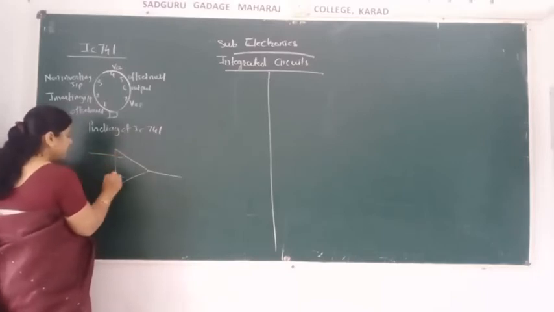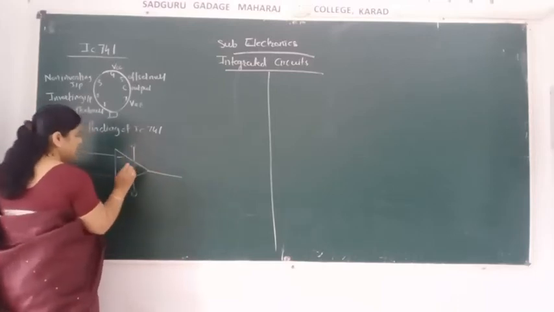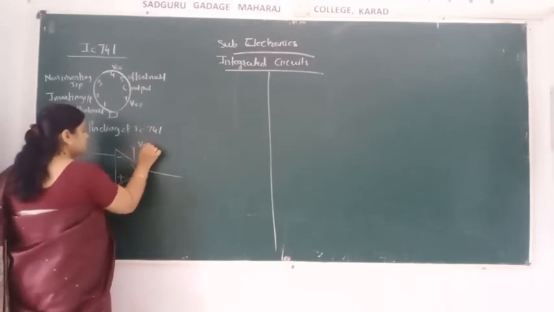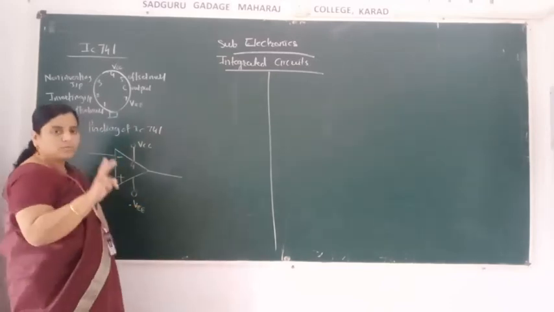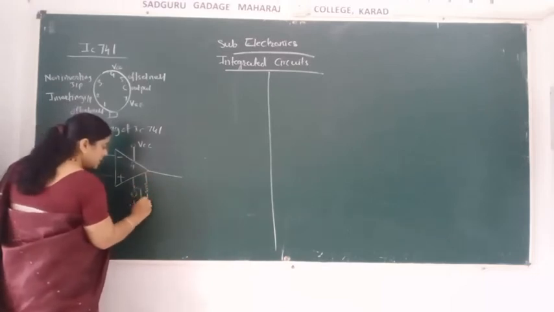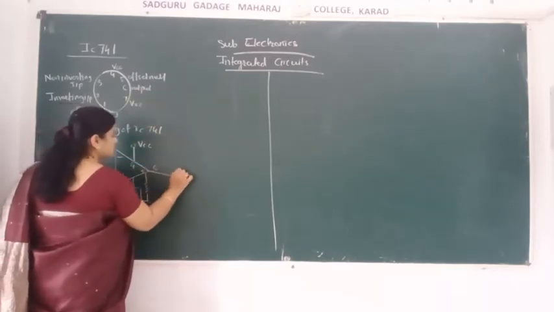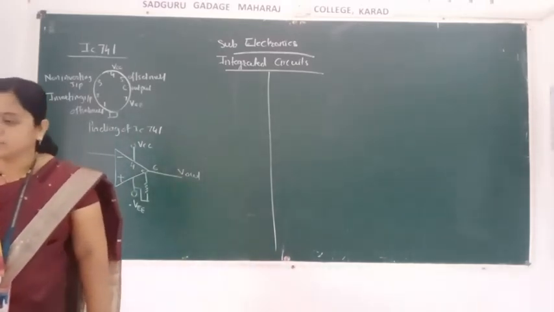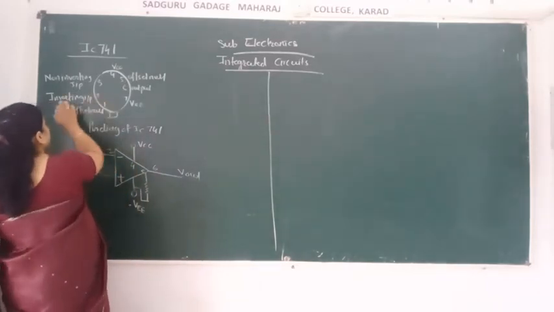This minus has a separate name and its plus has a separate name. This is the plus 4, VCC is there, and here minus VEE is there. They require 2 separate supplies for this IC. This pin number 5 is there. So output we are taking at pin number 6, that is the V out. Minus terminal and plus terminal is there.